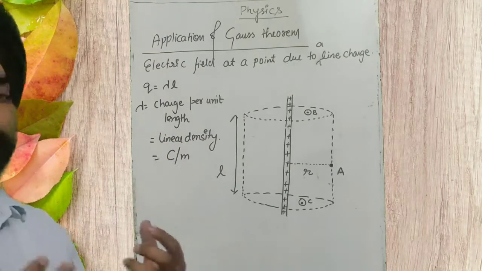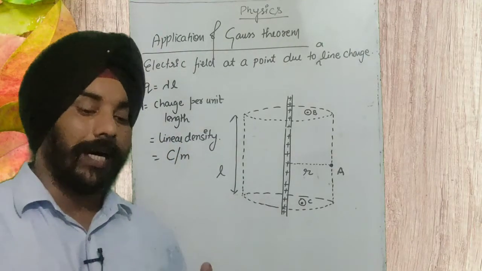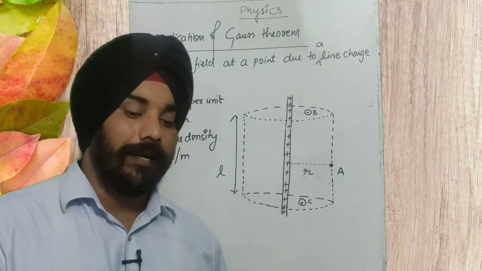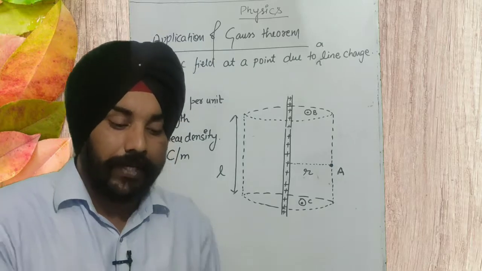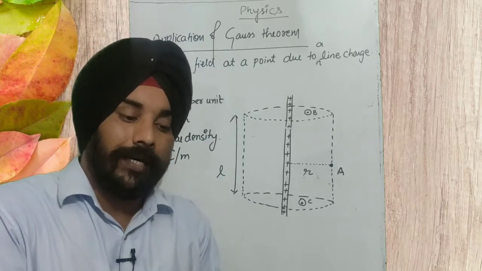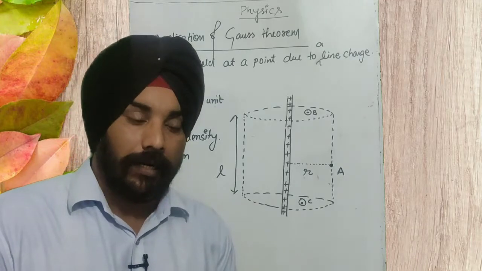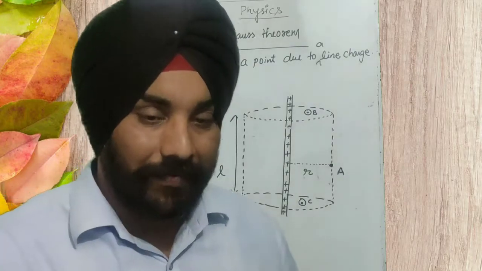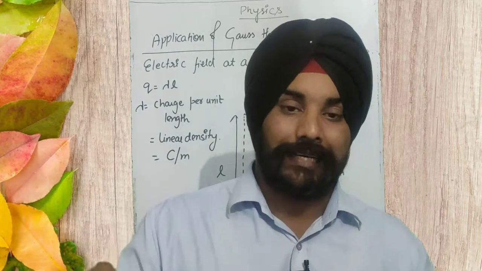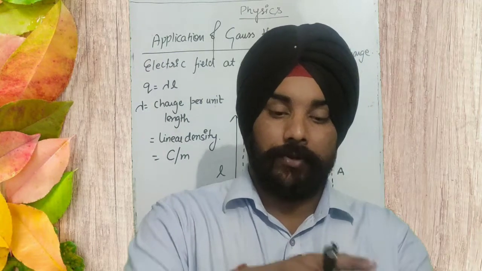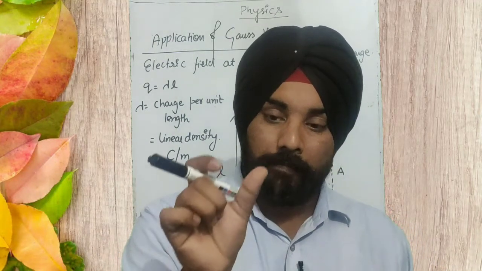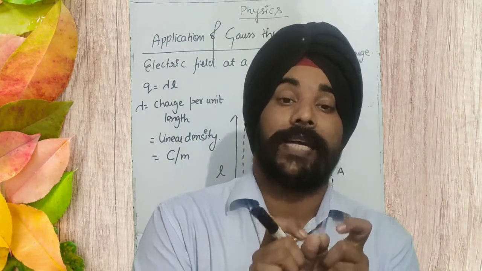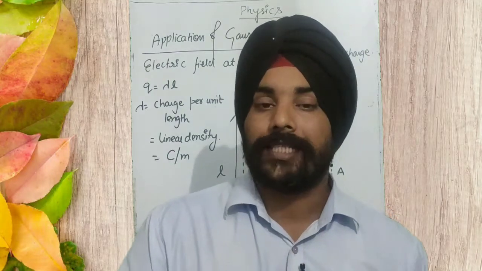Linear charge density we take into account only when the charge is distributed across the length of a conductor. Okay, then we take linear charge density. If it is distributed on the surface of a conductor, like we have a plane plate and we have given the charge to a plane surface, a plane conductor, then the charge will be distributed over its surface area. Then per unit area there will be some amount of charge, and that amount of charge is called surface charge density. What is the surface charge density?